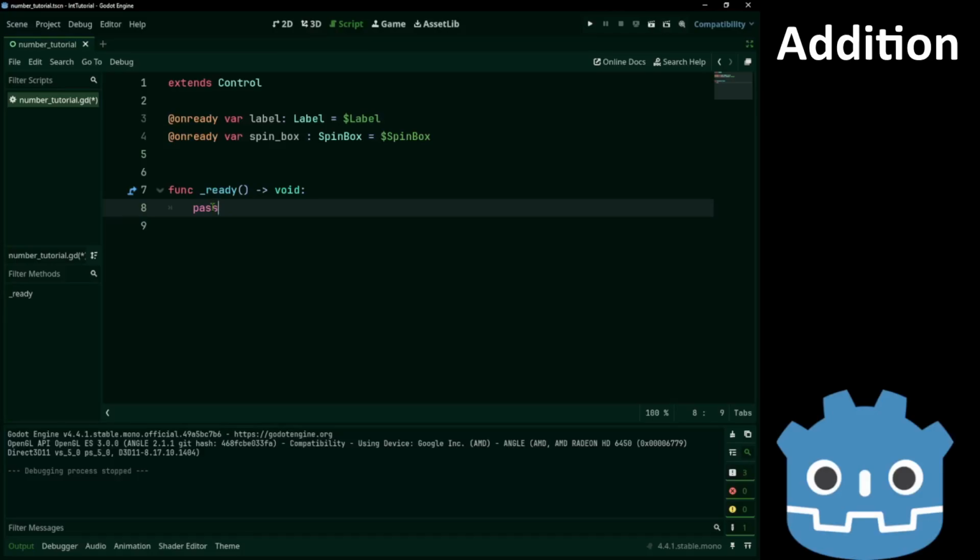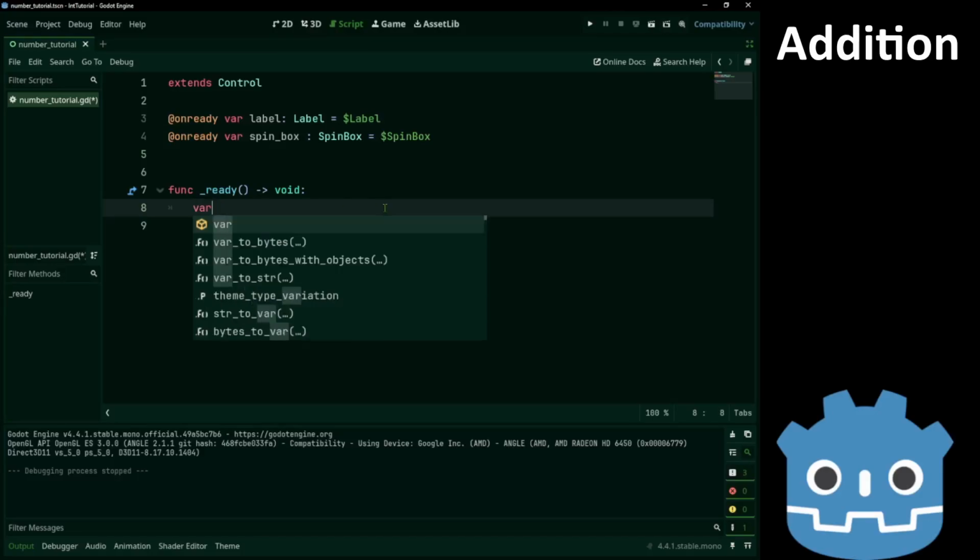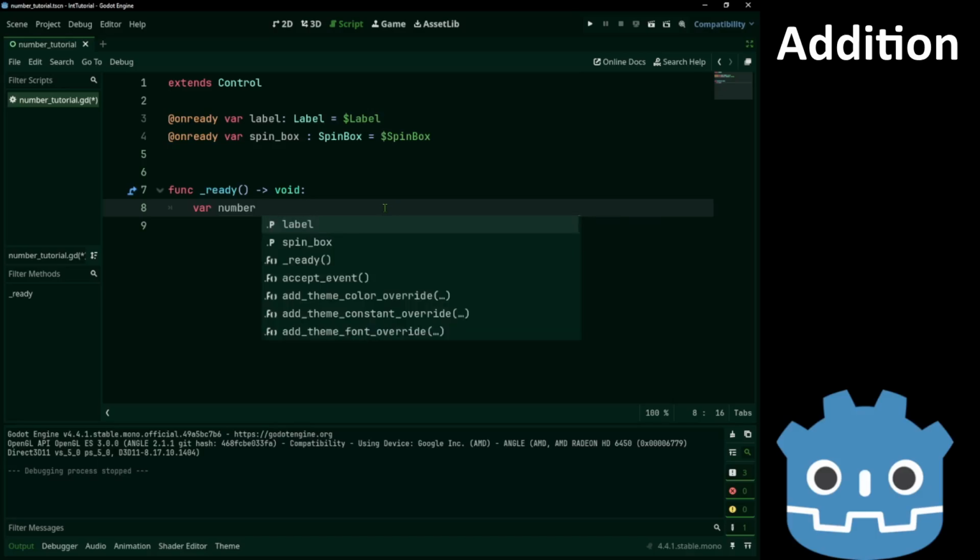Hello, today we'll be using the basic math operators. Create two numbers.